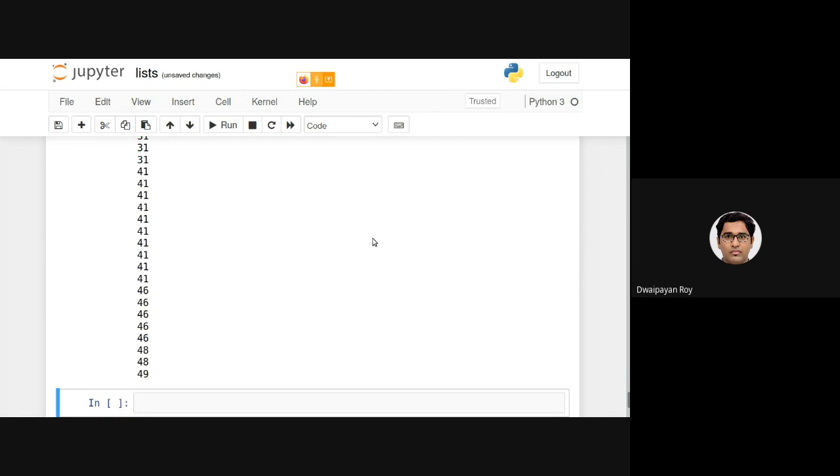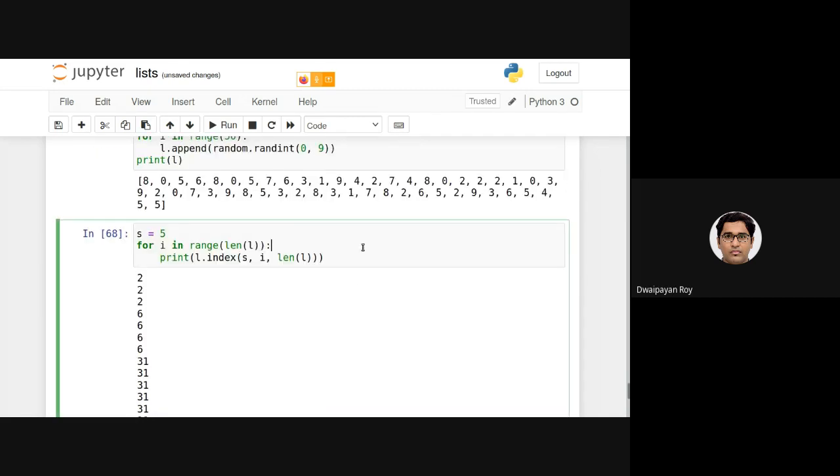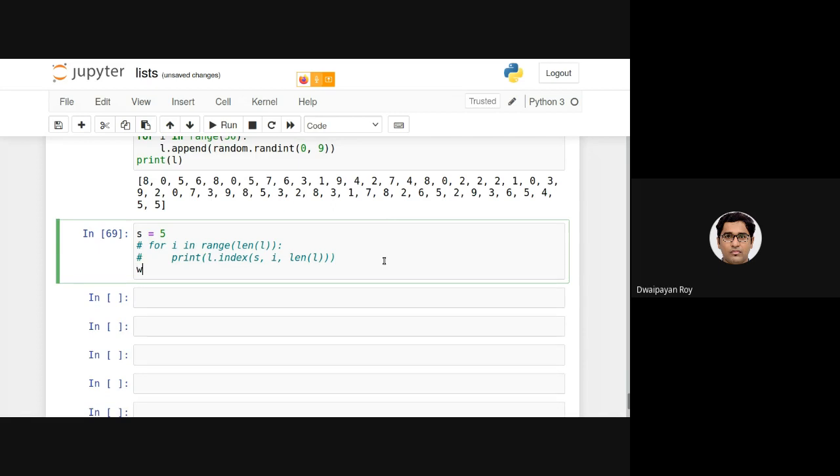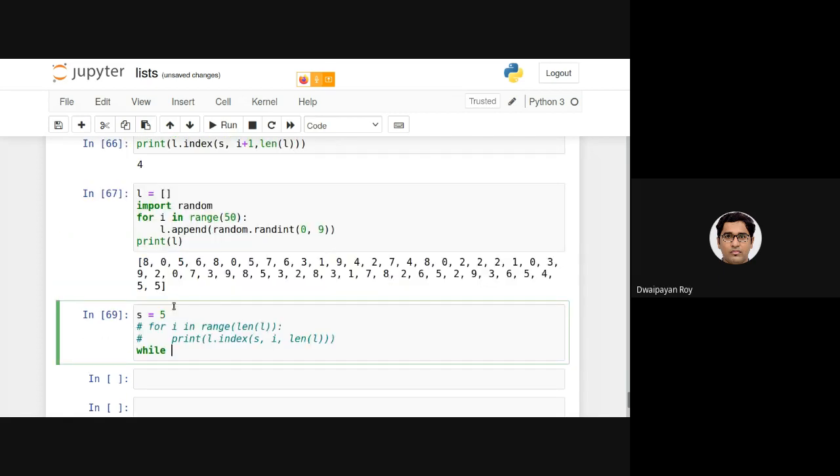We can do that using a while loop. So let's change it and make it a while loop. There are multiple ways of doing that. Again, let me remind you that what I want to do is check all the index locations of the searching value 5 in this list L.